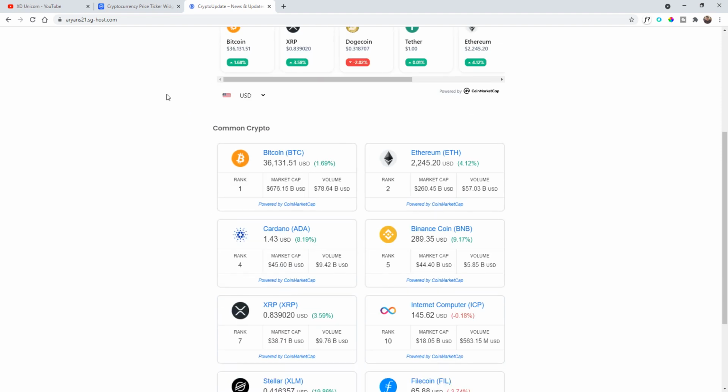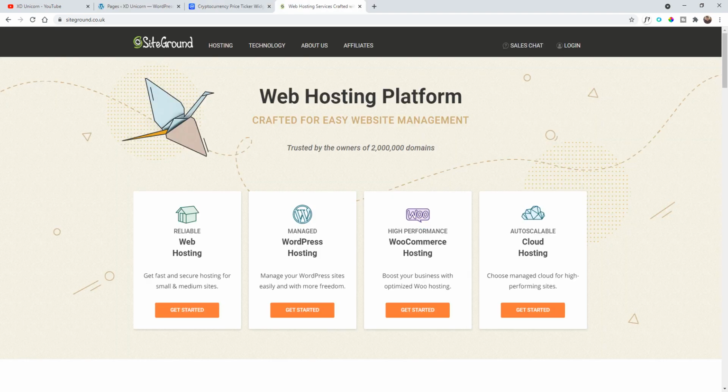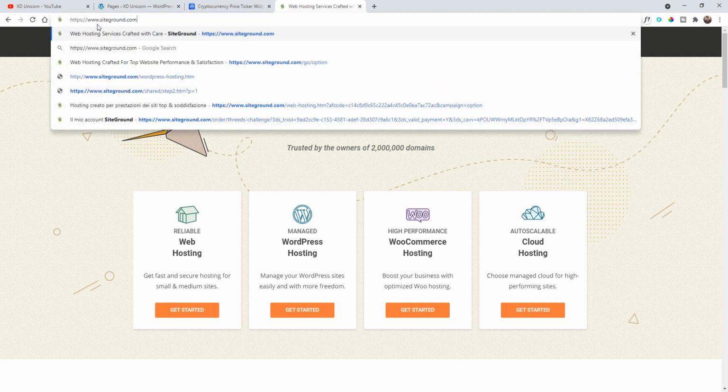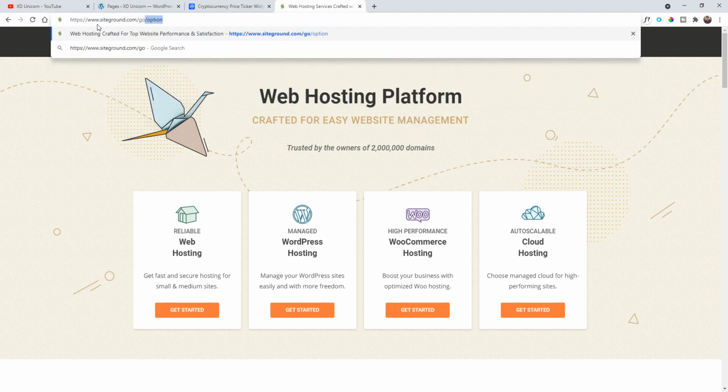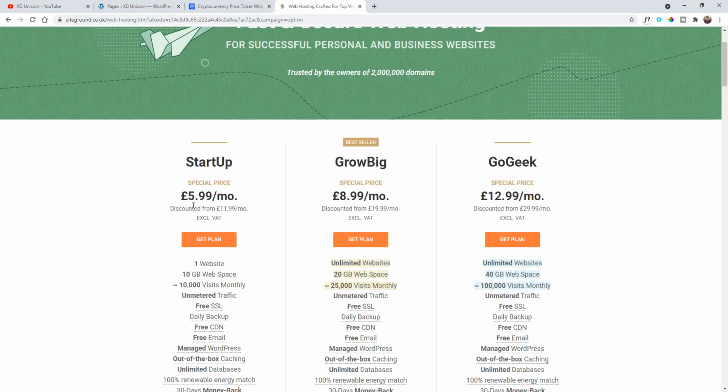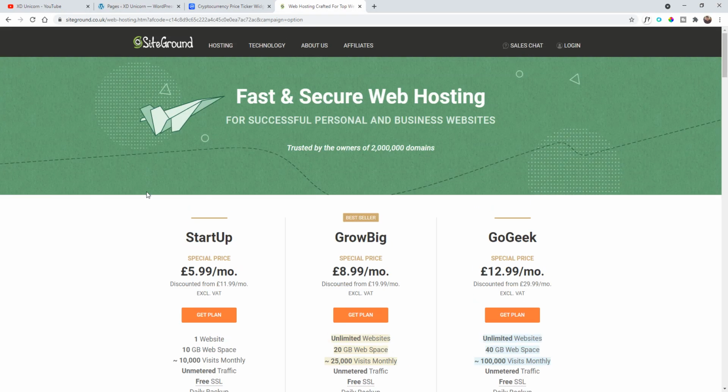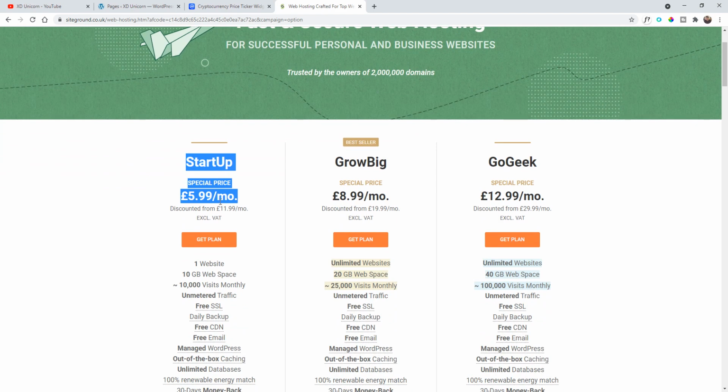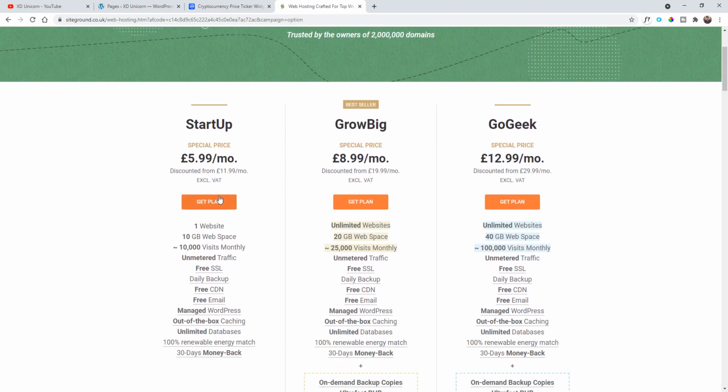First of all, you need to have, of course, a hosting and a server. So I actually suggest the link in the description because I'm using SiteGround. So you can go on siteground.com/go/option. After that, I suggest you click on the startup version. As we are going to make a really simple website, I really suggest the startup plan. So you can click on get plan here